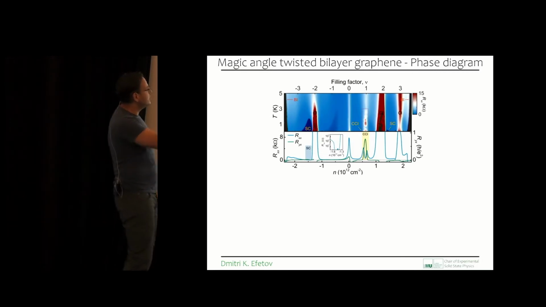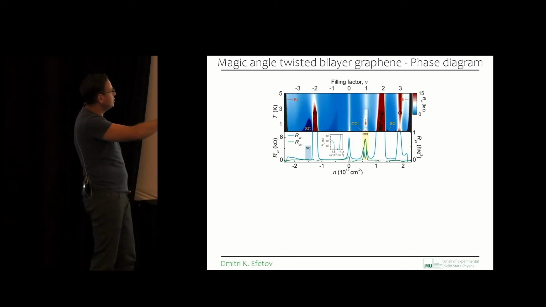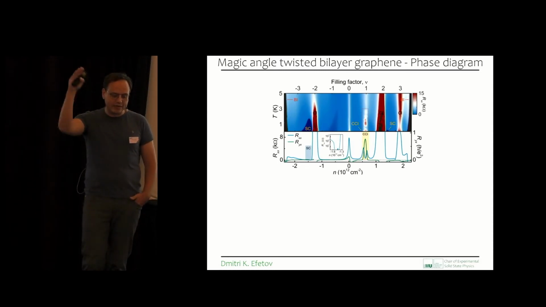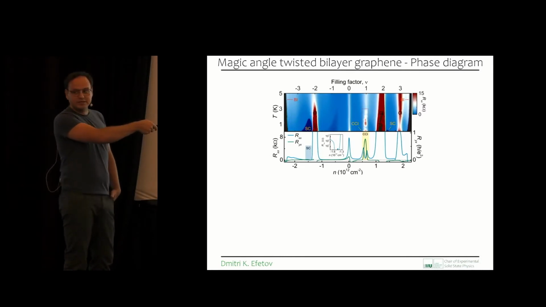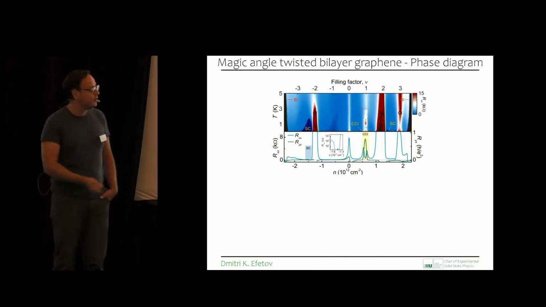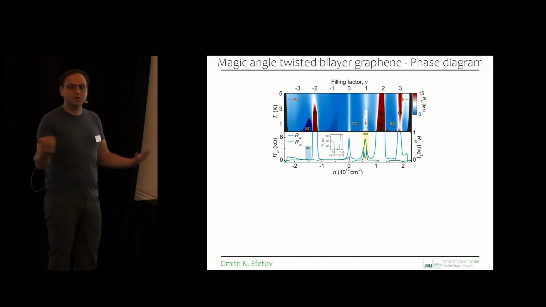So this is a device where we measure resistance, RXX, and also RXY, the Hall resistance, as a function of carrier density. When we tune the carrier density, we basically sweep the voltage on the electrostatic gate, and we populate and depopulate the electrons. We can immediately translate this carrier density to electrons per unit cell, so how many electrons or holes we have per moiré unit cell. This is on the top here. Because it's a fourfold degenerate system, we can tune anywhere up to 1, 2, or 3 electrons per unit cell.